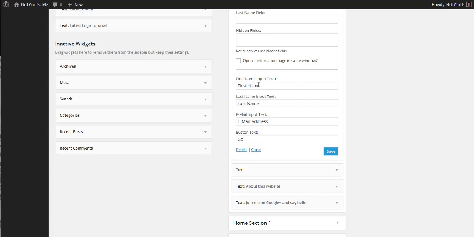And now this is what shows in the input fields for the user to put in. So it's going to ask for the first name, so that's fine. And actually we'll put input first name here, and I'll change that to lowercase, and then we'll say email address, input email address. And I'll put join now there for the text button. So we'll save that. Now if we go back to the site,